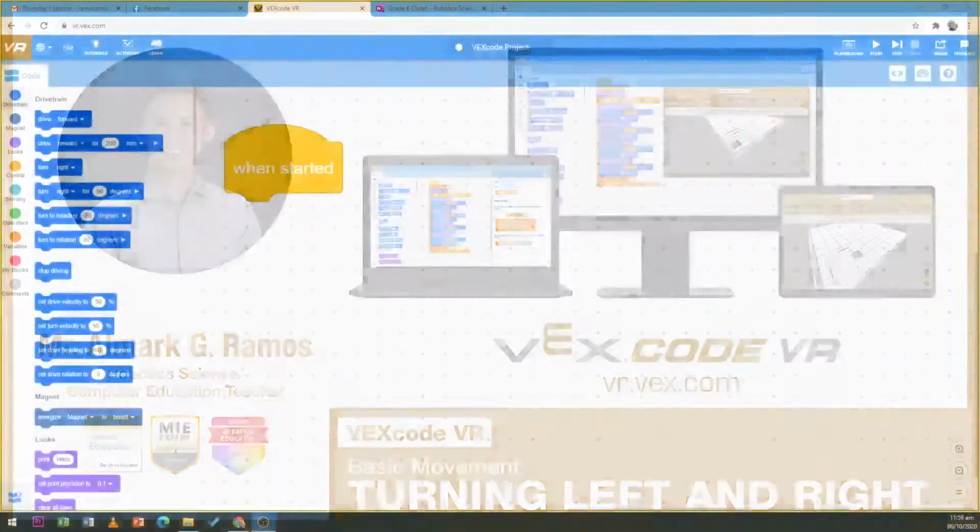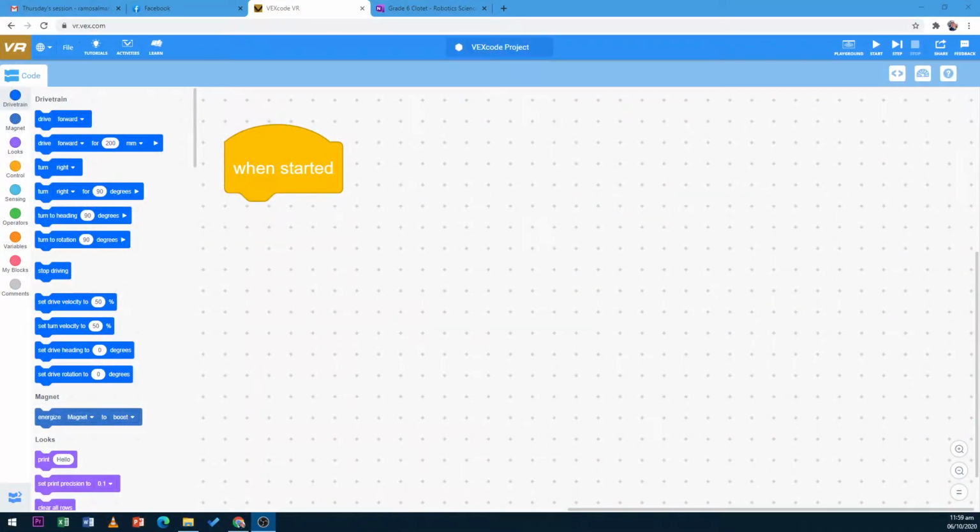Okay, let's proceed with our VEX Code VR website. So first of all, you need to look for a browser available on your device, your tablet, your cell phone, or your PC, and open a browser and then type this URL vr.vex.com on the address bar and then press enter. It will then direct you to this website, and this is the official website of VEX Code VR. So for today's video, we are going to learn how to